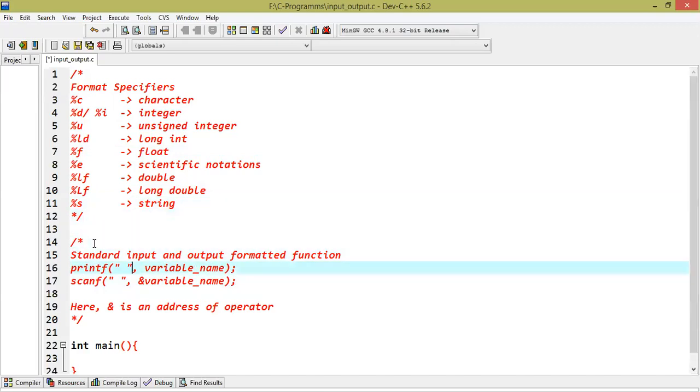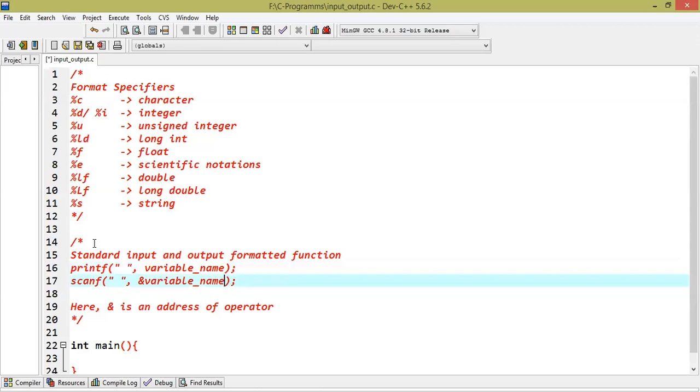Thereafter, we need to give a comma as a separator between the formatted string and the variable that you want to display. If you want to display multiple variables, there is still a mechanism and we're only going to use the same function. We'll see in this lecture also how to print multiple variables using only one printf statement.